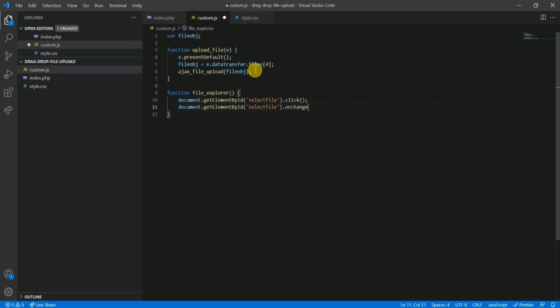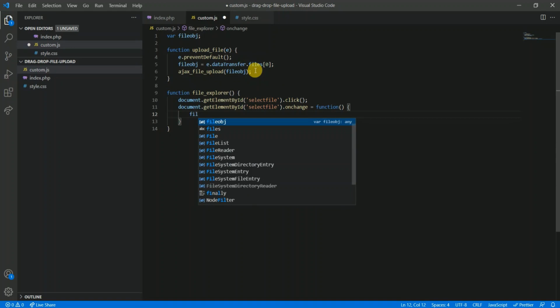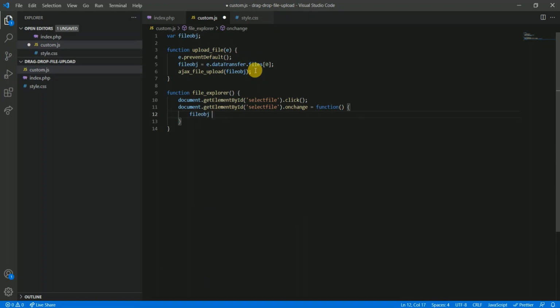As soon as the change event appears, it means we have browsed the file. Again it should get the content of our file, let me copy this.